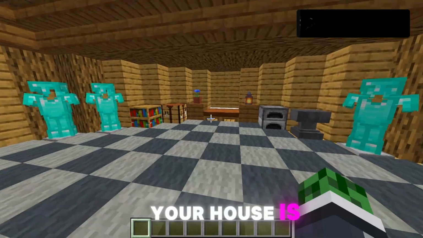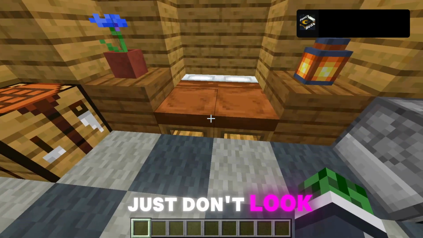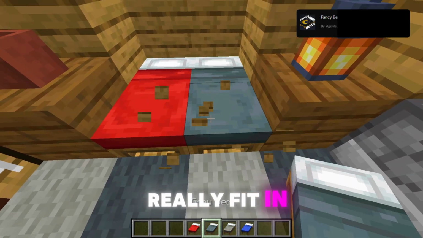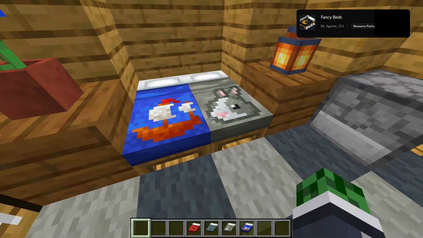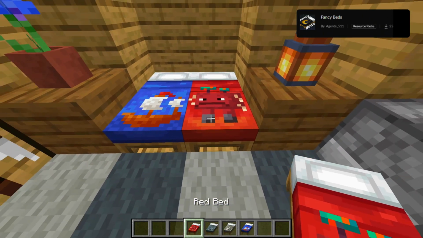world. Your house is finally finished, but the beds just don't look cozy enough and they don't really fit in, no matter which color you use. I guess you might want to use the fancy beds texture pack, which gives your beds a new texture with